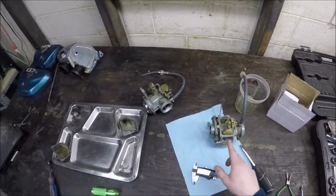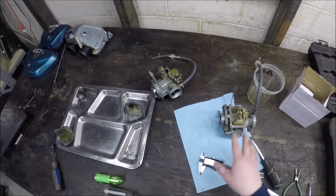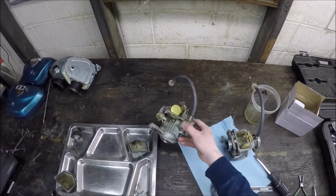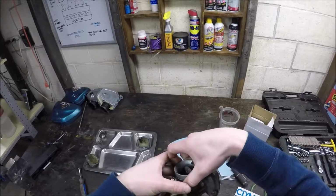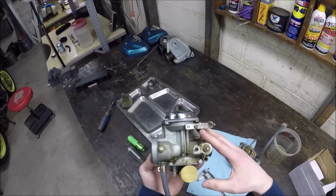Actually replaced the float just in case there was a hole in the other one, even though I wasn't submerged, it didn't see anything, just felt like replacing it anyway. So this is the good one. I'm not 100% certain if I'm going to be showing this on the video because it's on my head, but